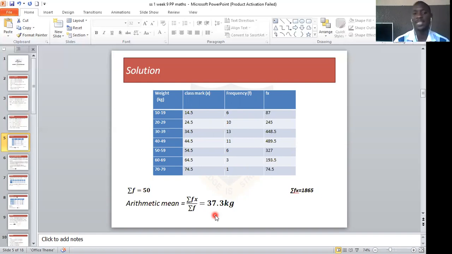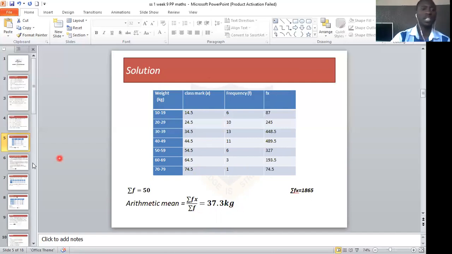Group data. So this is how to calculate the mean for your group data. Please take note of this. Prepare your frequency table first. Get your class interval, which is the first column. The second column is your x column, which is for the class mark, which is the median. Then you prepare your frequency and the product of the frequency and the class mark. Add it together, summation of fx divided by summation f, to give you